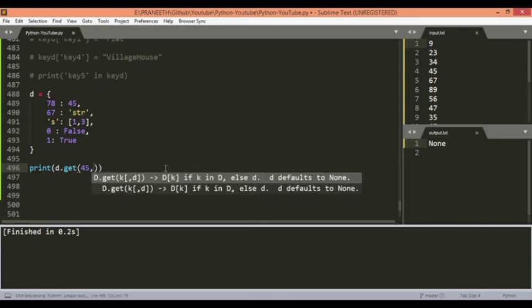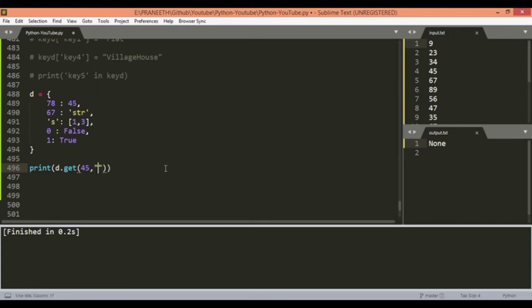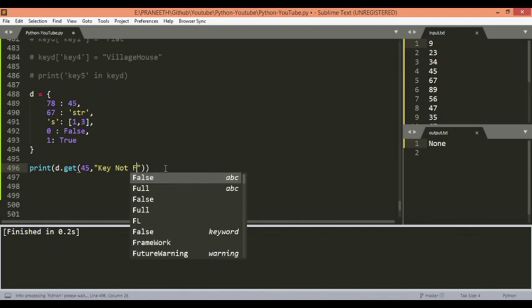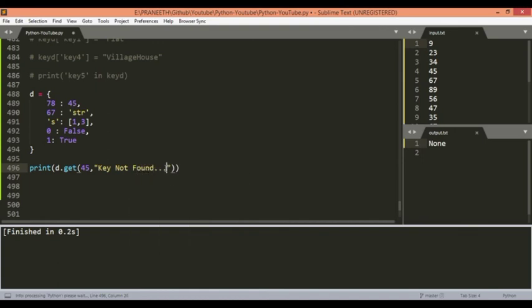So we can also give another message using the same get function by giving a second argument which will specify a message. So let's take a string and specify key not found. So if we run this, now you can see key not found is printed, as 45 is not a key present in the D dictionary. If we change this to 0 again, you will see the value is printed.